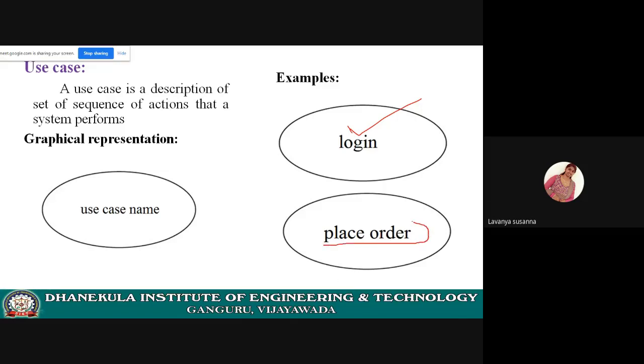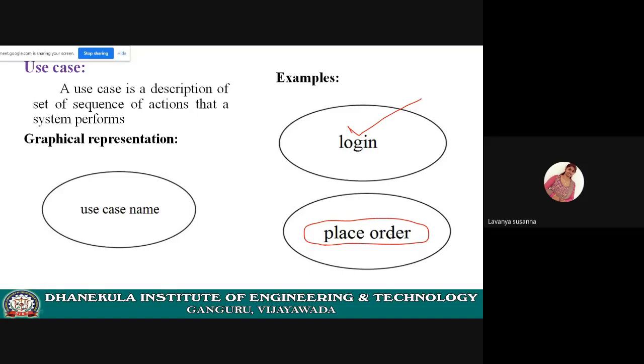Here, place order is a use case which has some set of operations, nothing but some functionality of the system, right? Use case is nothing but the system's functionality. You will identify all the system functionalities and represent them as use cases, which are nothing but a set of operations. To place an order, some set of operations need to be performed, right? I hope you understood. Once again, see the use case, how to represent it graphically.